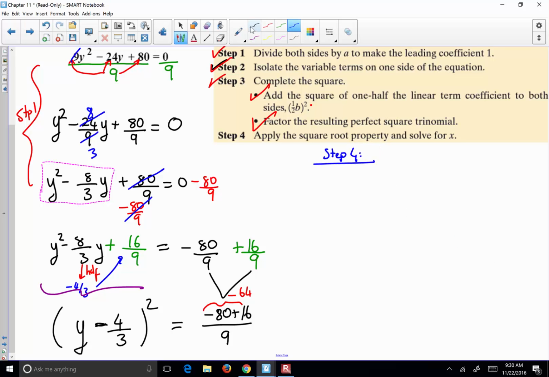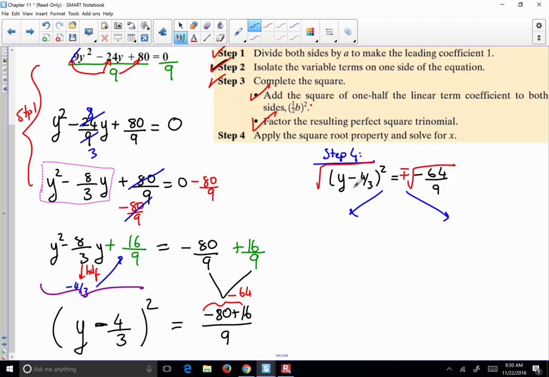This is the part where you find the solution. So take this to here. You're going to get rid of the square now. And guess how we do this? You take the square root of both sides, but don't forget to split the right side, the number side, as plus and minus into 2